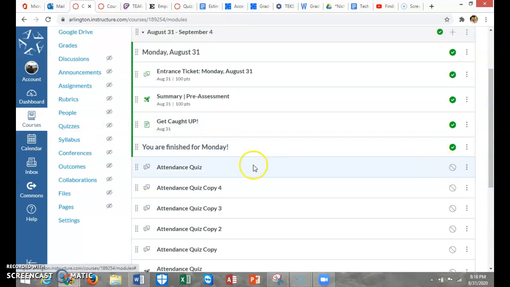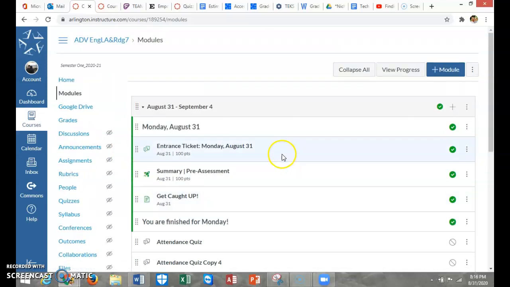So, last thing, you can make a quiz. Two different ways to make quizzes in Canvas, because why not make it hard? You can make a quiz through this quiz tab, and you can choose a new quiz. New quizzes are fantastic. They have lots of bells and whistles, but